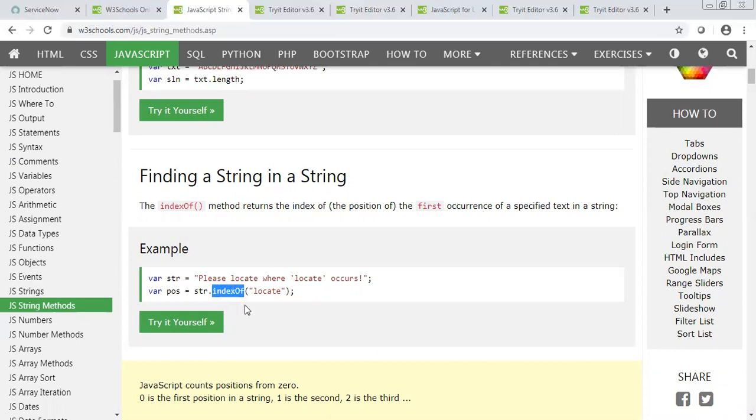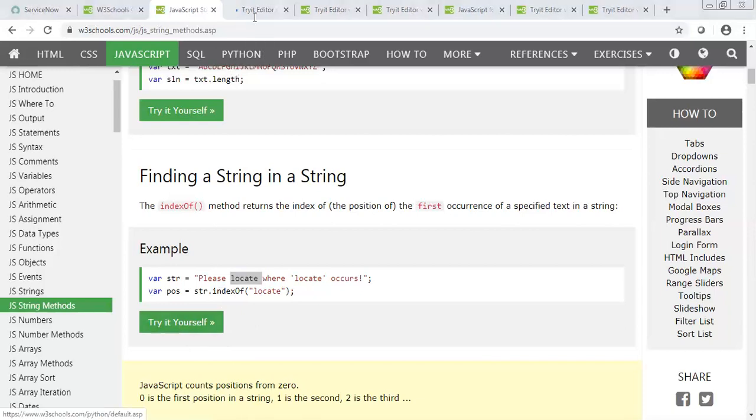Like if this word exists inside the string, here we have a string variable, right? Where we have defined the string. Now what we are doing, string dot index of locate. We are saying give me the index of the locate word inside this string. If this locate word exists, it will give the exact location of this word, like index 1, 2, 3, 4, something like that. In this case, it exists.